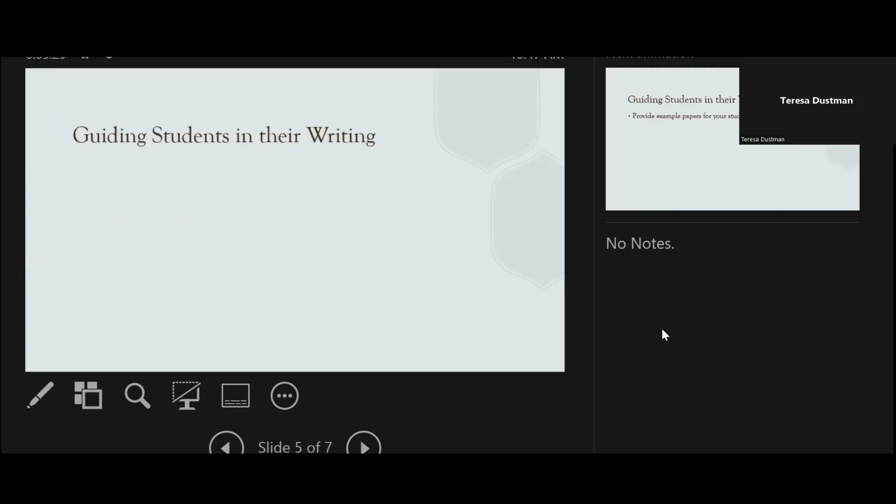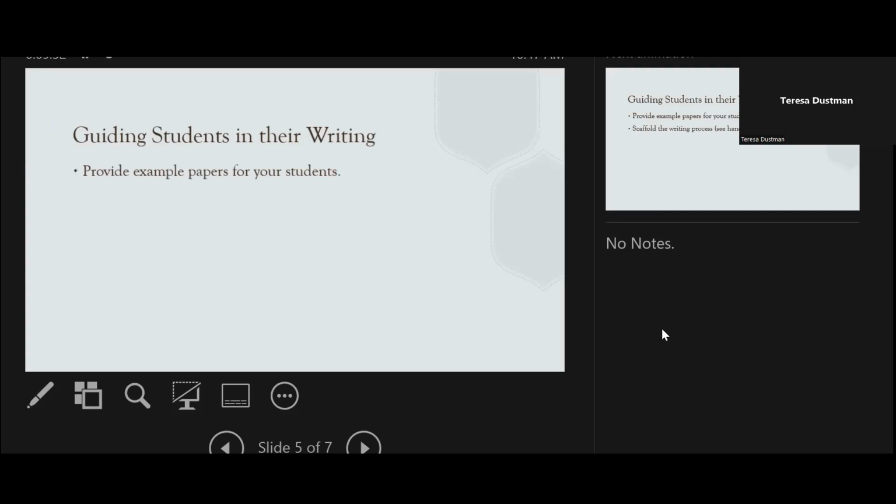Yeomans. She's going to give us just a little bit more on how to help students bridge that gap to be able to write themselves. Thank you so much, Mrs. Whitley. I appreciate her. I am new, so it might be a little stumbling here. Forgive me. So guiding students in their writing, you have your handouts in front of you.